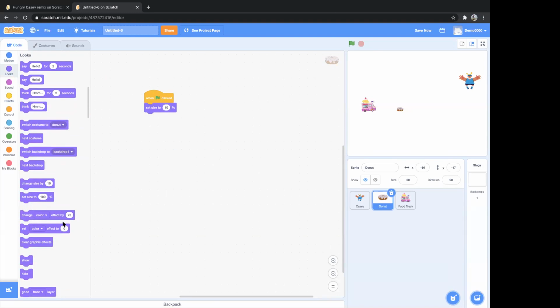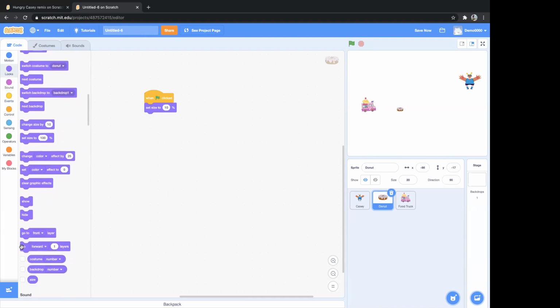Okay, and then let's move the donut backward towards the back layer. See, in the looks section, when you scroll down, there is an option called go forward one layer. So instead of forward, I'll select back layer, and you can also keep it one layer, and you can also make it 3, 4 layers backward. You can just make it go any backward layer. This is basically because we want it to look real that the donut is coming from the food truck. That's why we are taking it to the backward layer, and you can make it go backward to any number of layers. That won't make any difference. So you could also make it 50, you could also make it 5. Just to make it more realistic, that's why we are using go backward 5 layers.